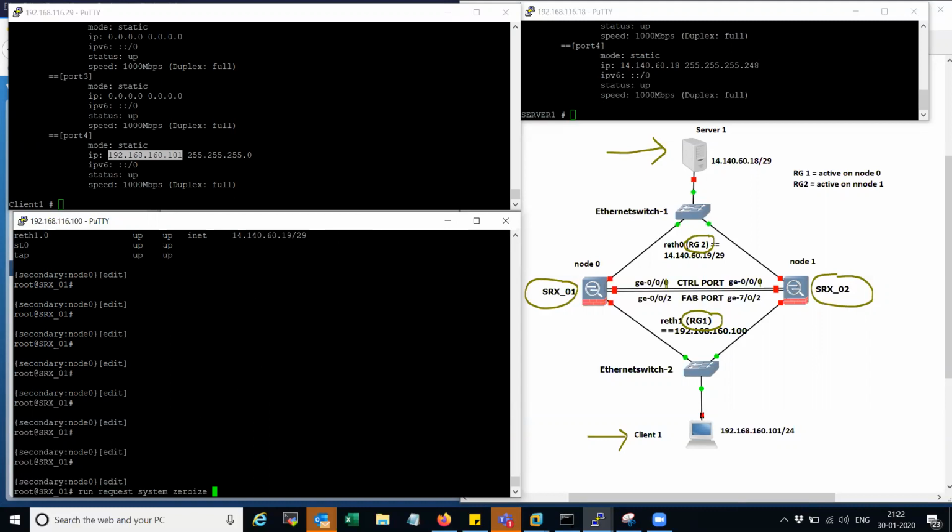You basically have to run this command first to erase all the configuration on both the devices. Then you have to delete the interface, and then delete the security configuration. You should not have any configuration for any of the interfaces once you have the newly created VM, the virtual SRX. And then once you boot up the SRX device after deleting all those configurations, you will see something like,